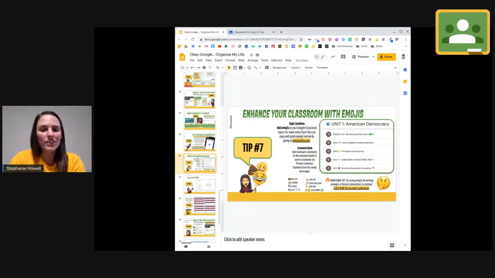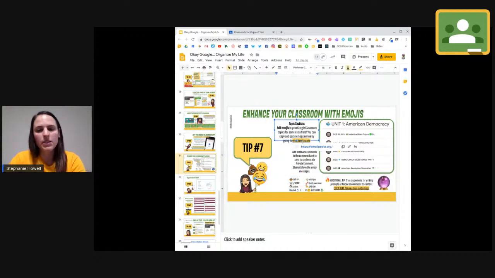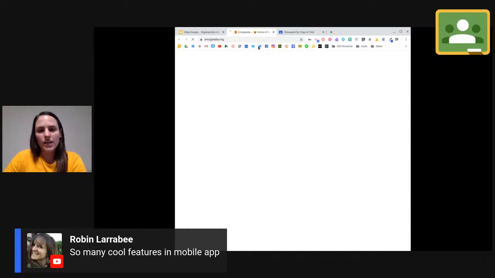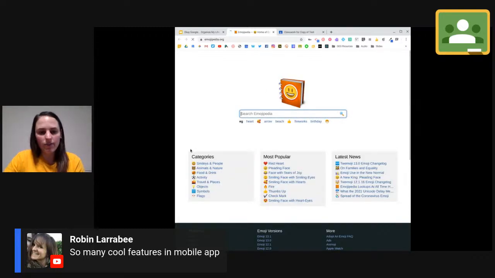You can enhance your classroom with emojis. So another fun one, I love these at the bottom. It says, "Don't give up" with a donut. I love just seeing those. I think kids love those too. But once you're in Google Classroom, you can go to another website I'm going to give you, and you can copy any of these different emojis.